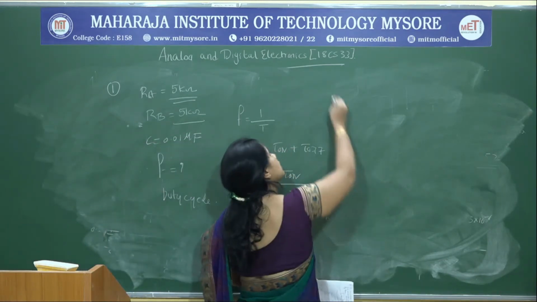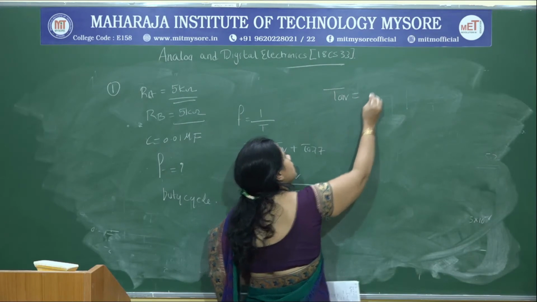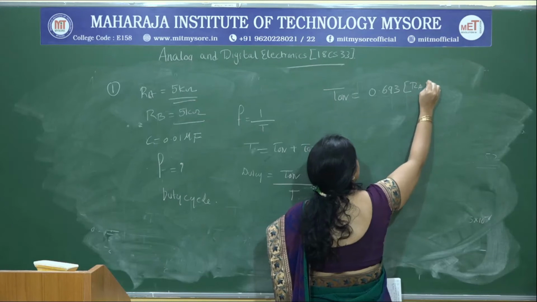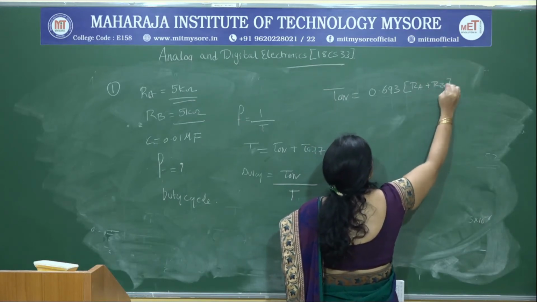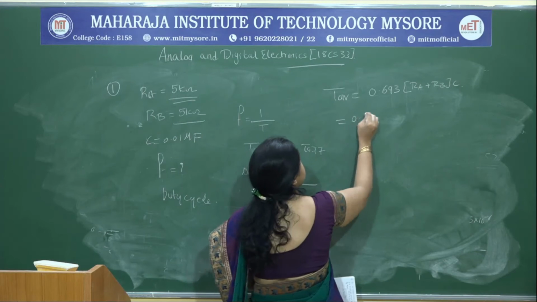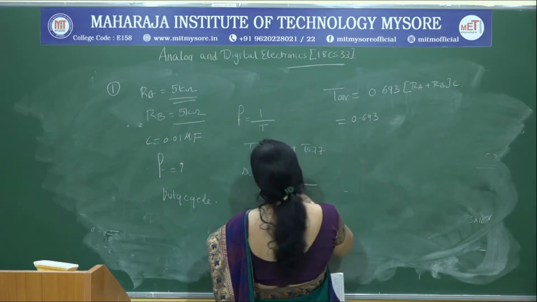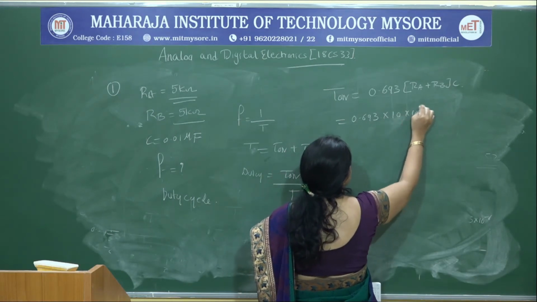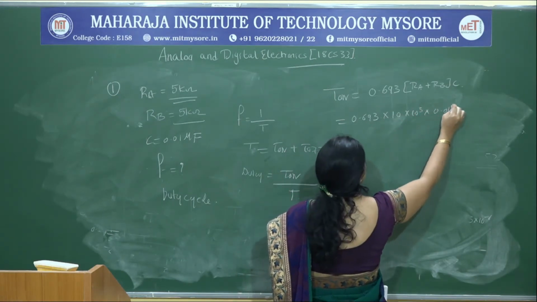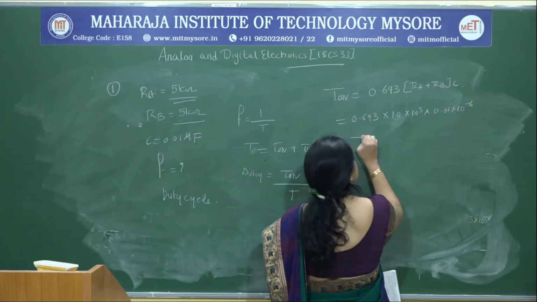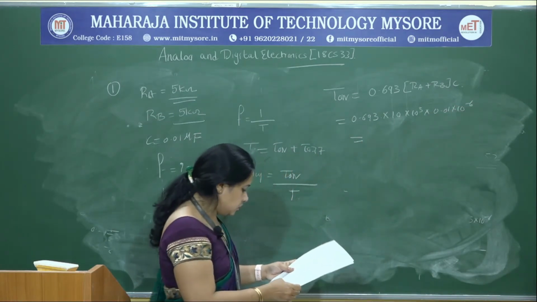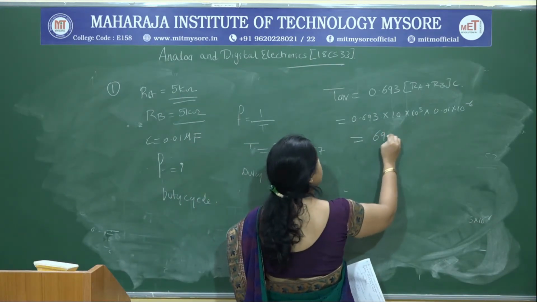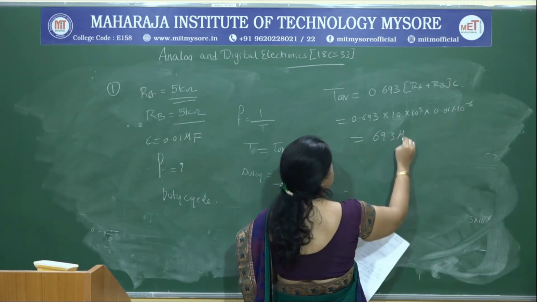So, just to recall, the expression for T on, for an astable multivibrator, is 0.693 (RA plus RB) into C. So, it is 0.693 given two equal resistances. So, 5 plus 5, 10 kilo ohms into 10 power 3, and the capacitance is 0.01 into 10 power minus 6. Substitute these values, you end up getting an on time of 69.3 microseconds,